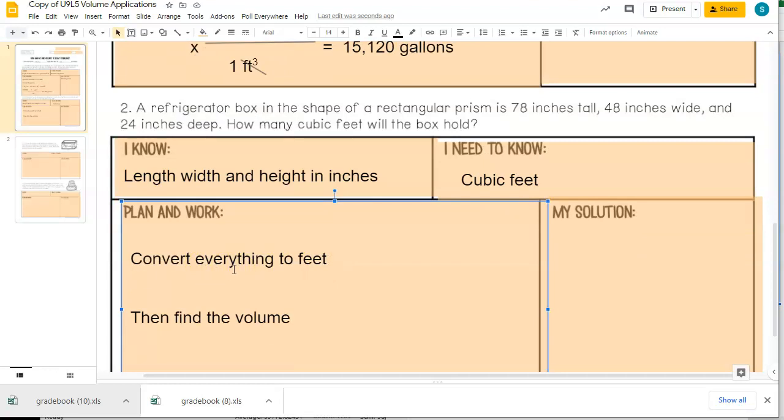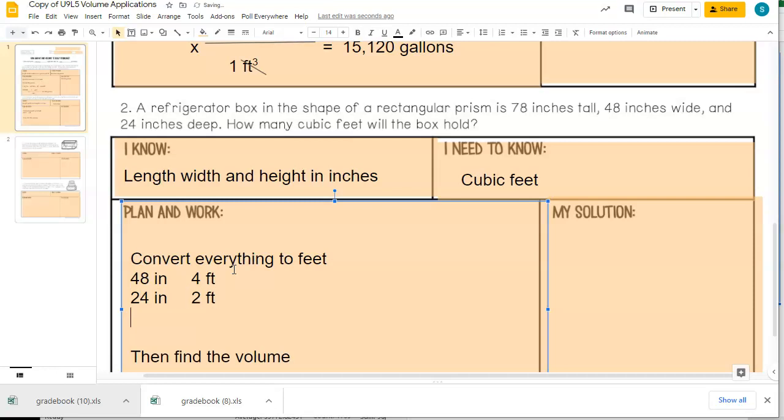We've got 48 inches, and remember there are 12 inches per foot, so this is 4 feet. All right, 24 inches is 2 feet. And then 78 inches, ooh, this one's a little bit harder. So that's 72 inches is 6 feet. And that's 72, so there's another 6 inches,